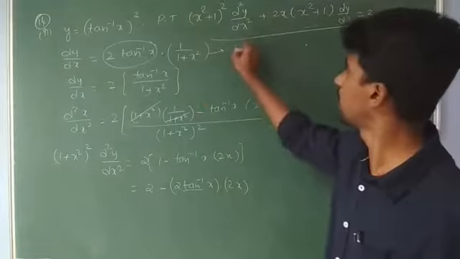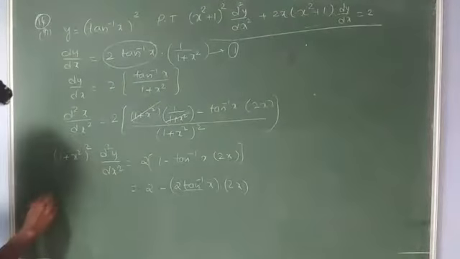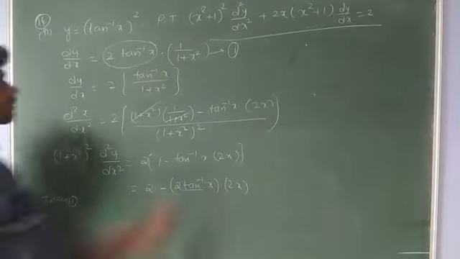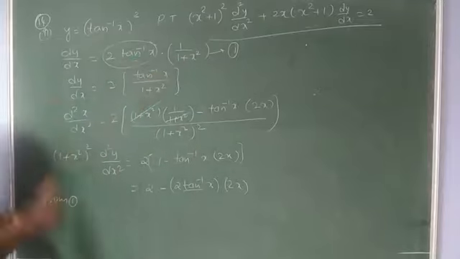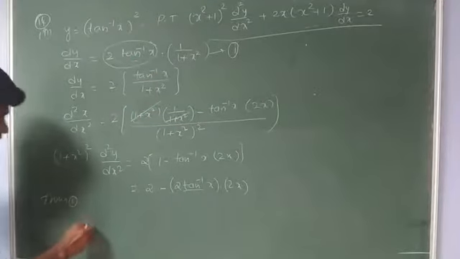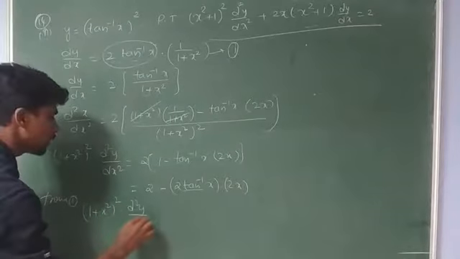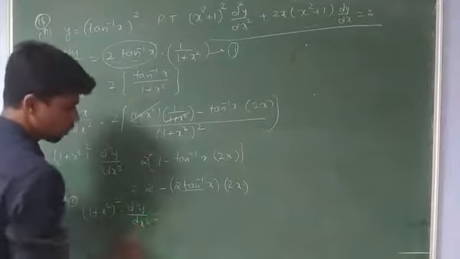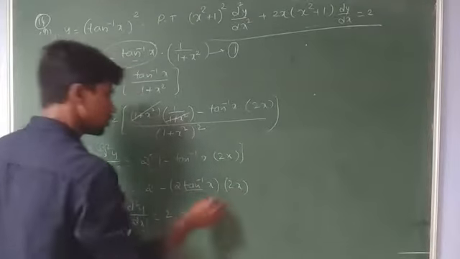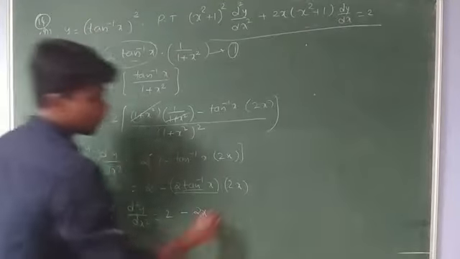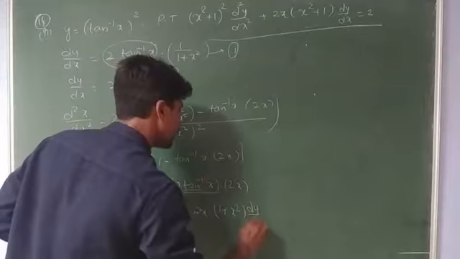So from this particular part, we give an equation as 1. We can write 2 tan inverse x as 1 plus x square into dy by dx. So my answer will become 1 plus x square whole square into d square y by dx square equal to 2, as it is, minus 2x, we can put it as 2x, 2 tan inverse x written as 1 plus x square into dy by dx.